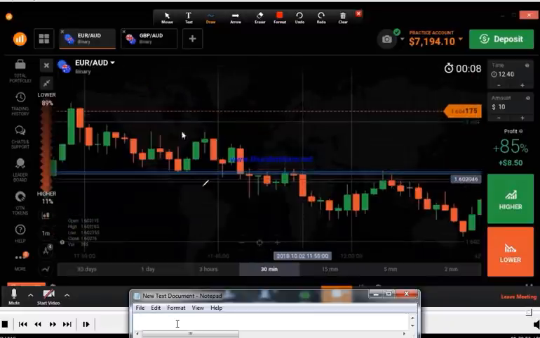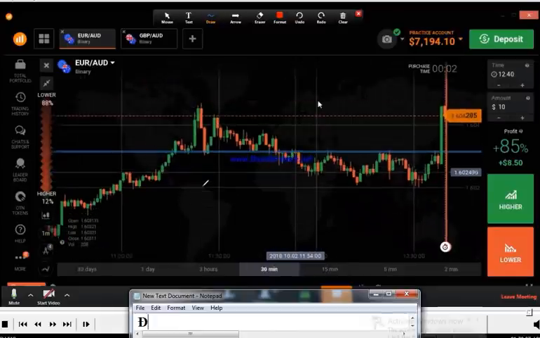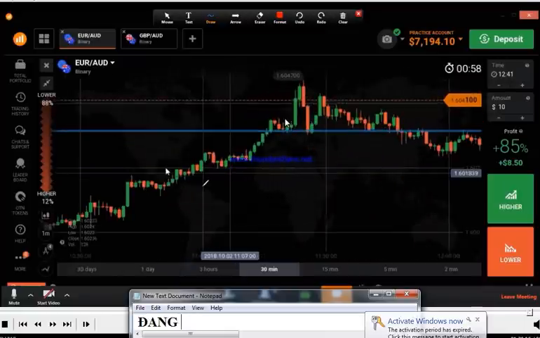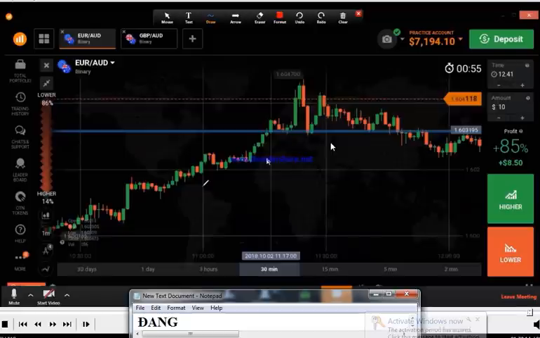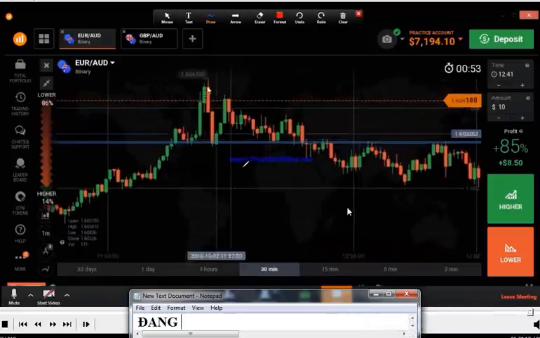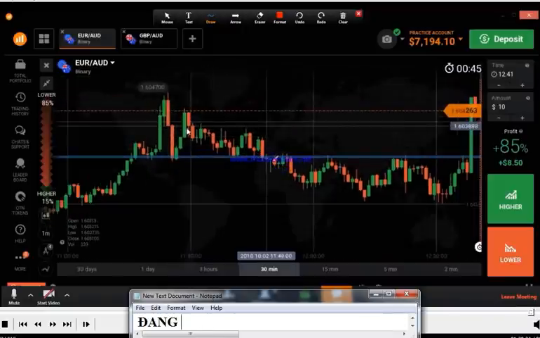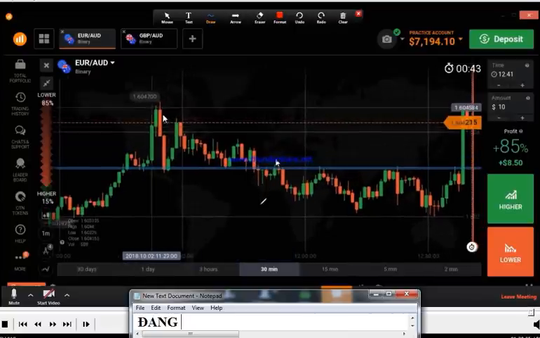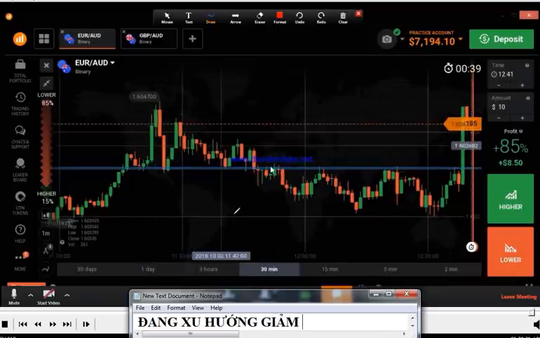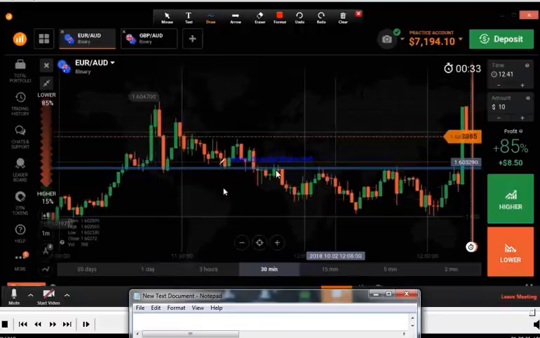You can use this minor downtrend to trade. This is not against the trend. This is an uptrend, but you can consider this whole move as a minor downtrend, because there is some strong bearish movement. You can trade in the direction of the trend. This is a minor trend. You can trade here, no problem. Can I trade here, bro?